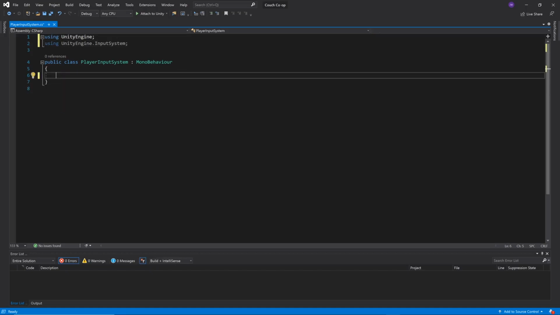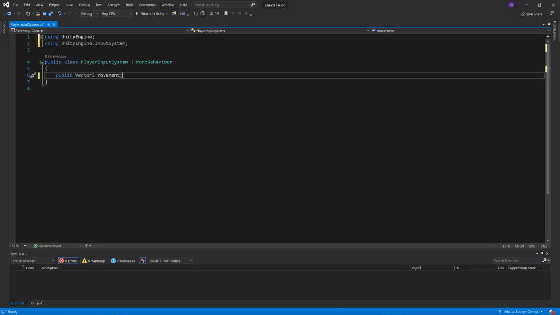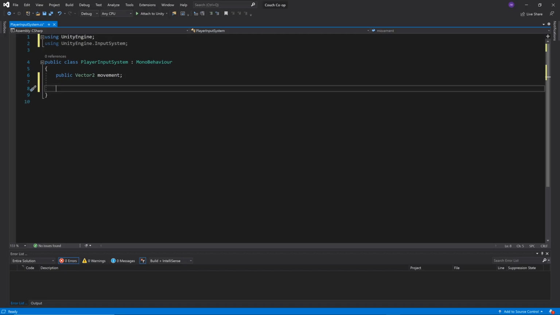All we are going to need is to create a public variable, and it's a Vector2. So basically what this is doing is making it to where we can actually access this. If it's public, we can look at it from other objects. And so we're just creating a Vector2, and we're naming it movement, and then we're going to create an onMove